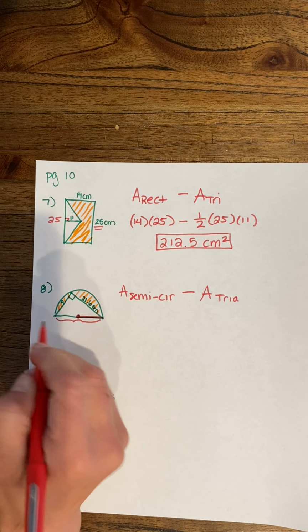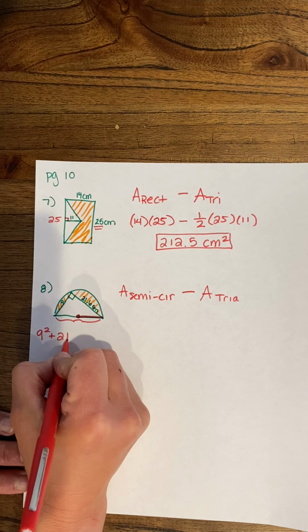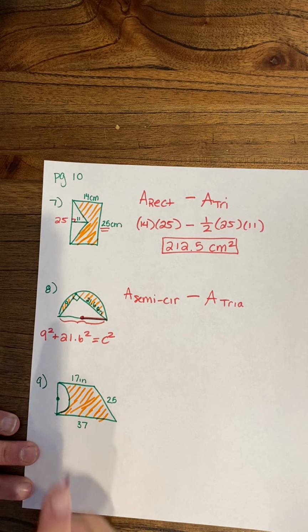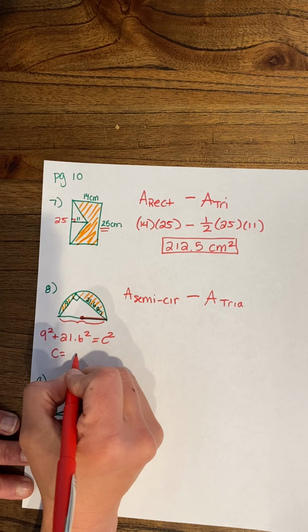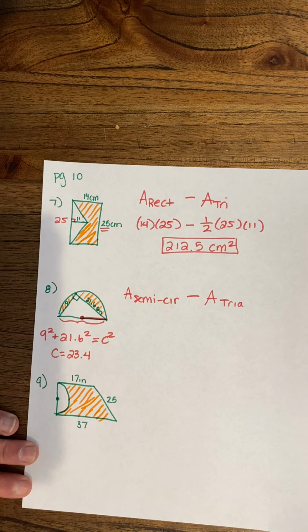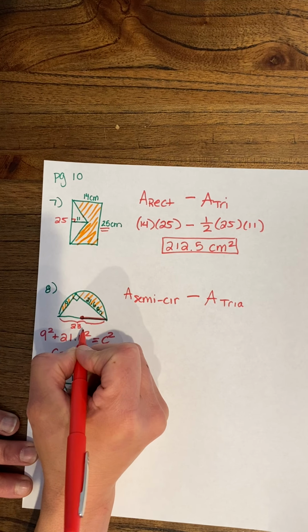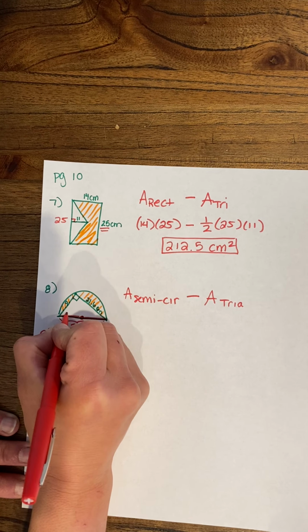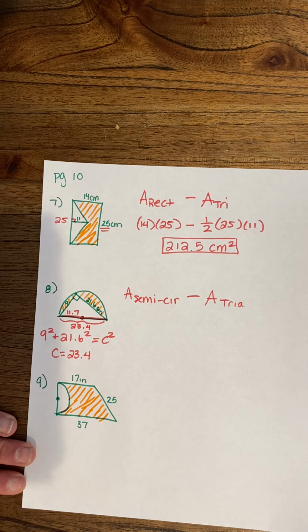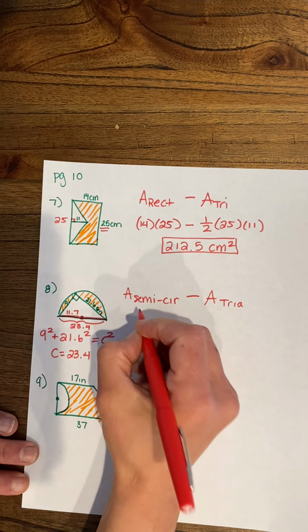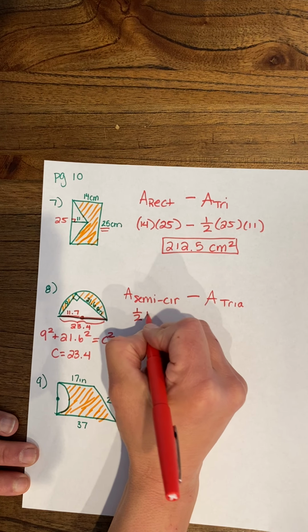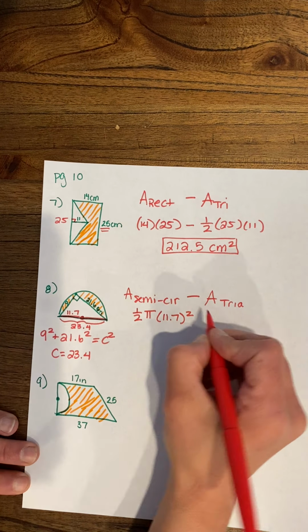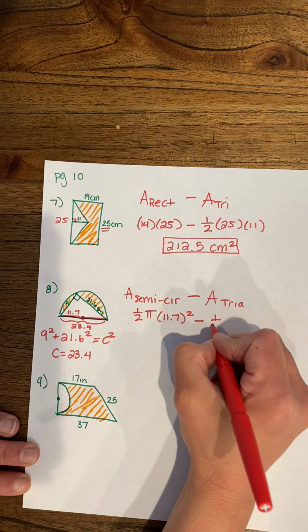Because this is a right triangle, I can just use Pythagorean theorem here to get the length of the hypotenuse, okay? So when you do out the math on that one, you get 23.4. Okay, so once I know this is 23.4, then I know the radius, this half, is 11.7. Okay, so now I have everything I need. So remember, it is a semicircle, so don't forget about the half in front of the formula. So it's 1/2 pi r squared, which is 11.7 squared, okay, minus area of a triangle, 1/2 base